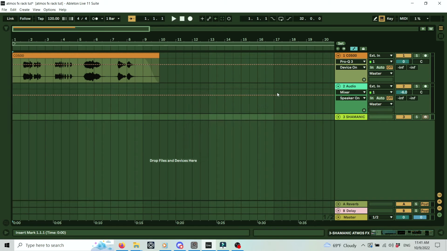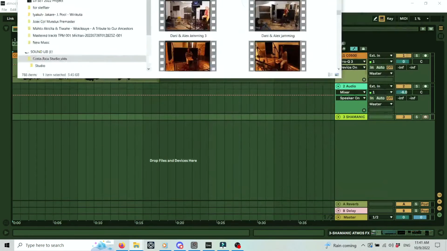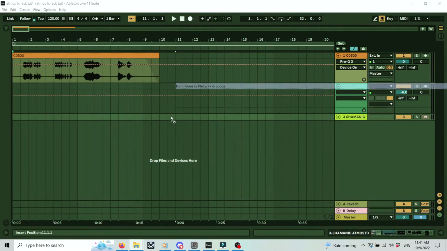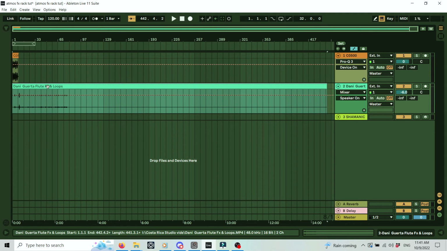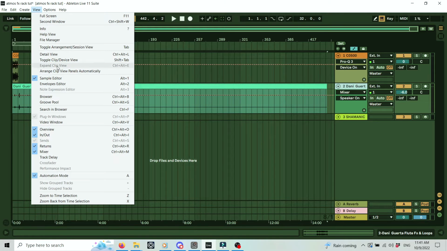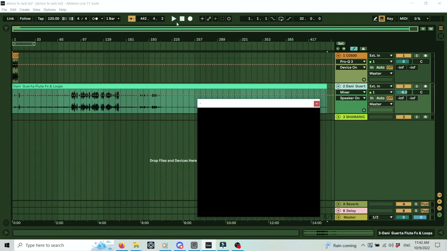Oh, that's on the MIDI clip. Of course, it has to be on an audio clip. That's really important. So let me get this on my second screen, put it on the audio clip. Right, so now it's putting the video here and it has the audio as well. So if you want to see the video, you just go to view and then you select a video window, and then if you play the clip,